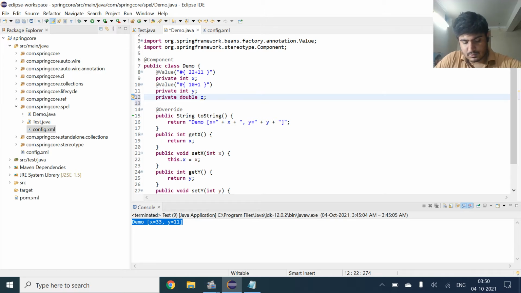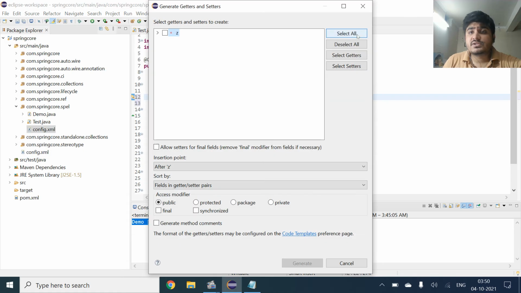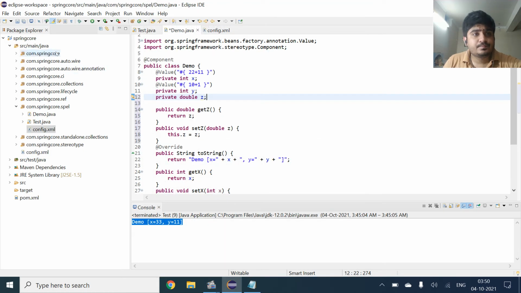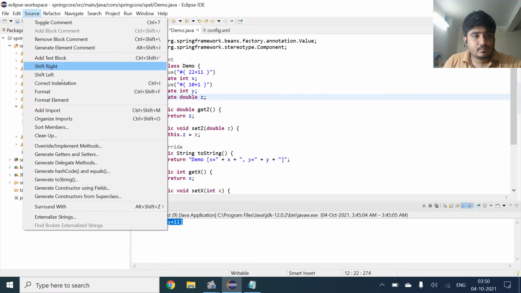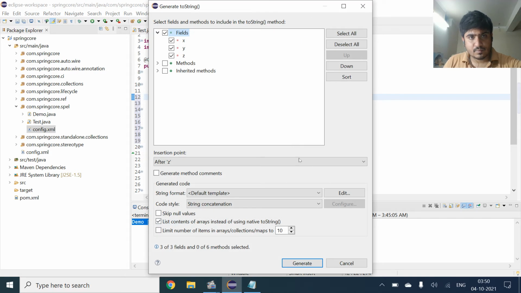For that we will make the getters and setters. After generating getters and setters, we will create the toString method also. So XYZ is generated.